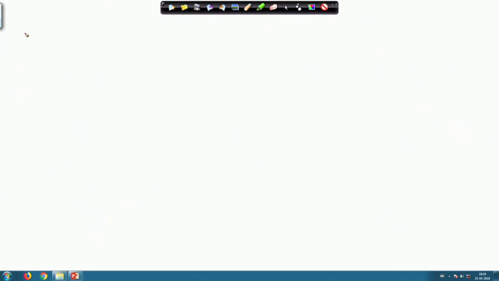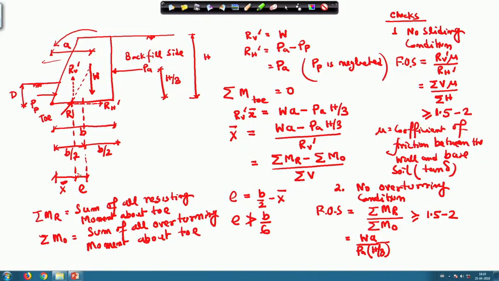So, next, the third one is the no tension condition. There should not be any tension developed in the base of the retaining wall. As I mentioned, you can see that there is eccentricity. So, that means the stress distribution below the base of the foundation of the retaining wall is not uniform, because as there is eccentricity, stresses will be more on one side and less on the other side.